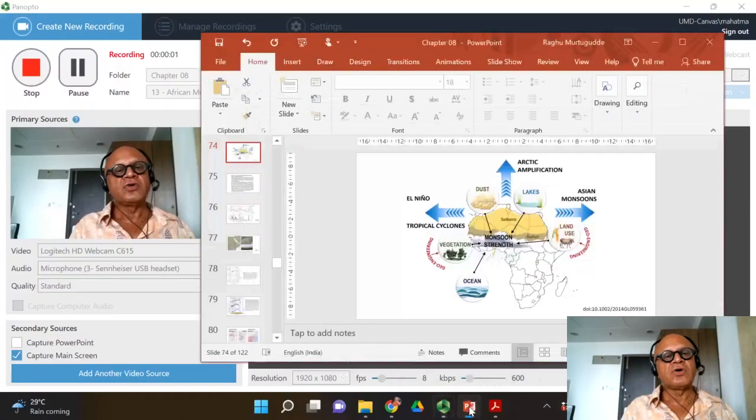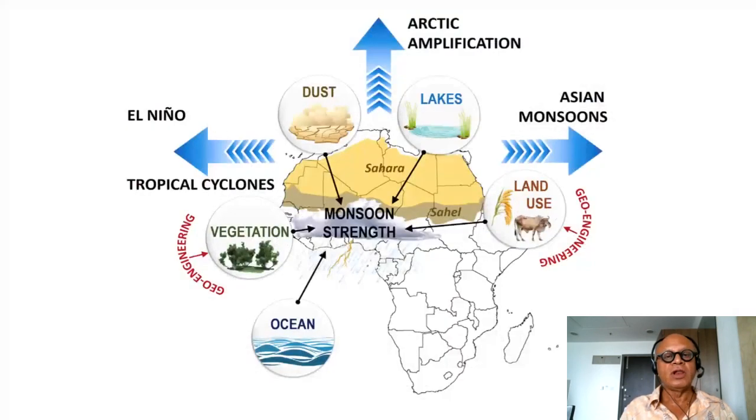So as we know now, there is this concept of global monsoon, and of course just monsoon typically refers to the Indian monsoon, but there are strong monsoonal circulations around the Indian Ocean, East Africa, India, Indonesia and Australia, and of course the East Asian monsoon. And there is a very strong West African monsoon as well, and now we also have the North American monsoon, South American monsoon, and so on.